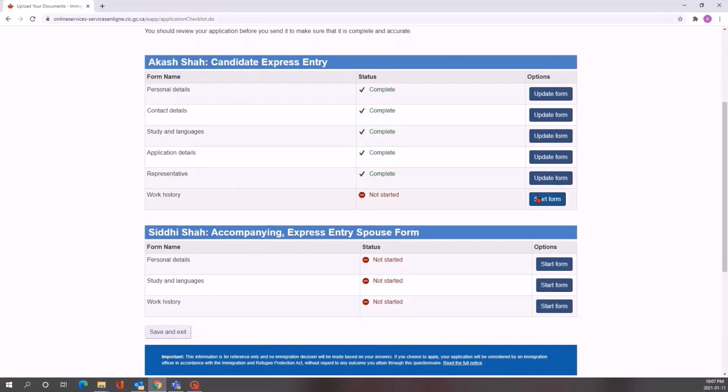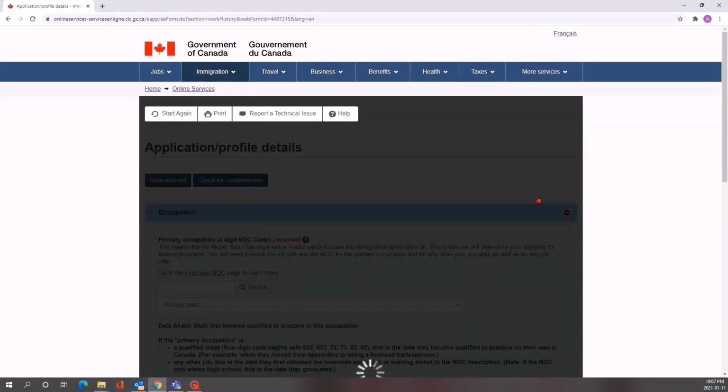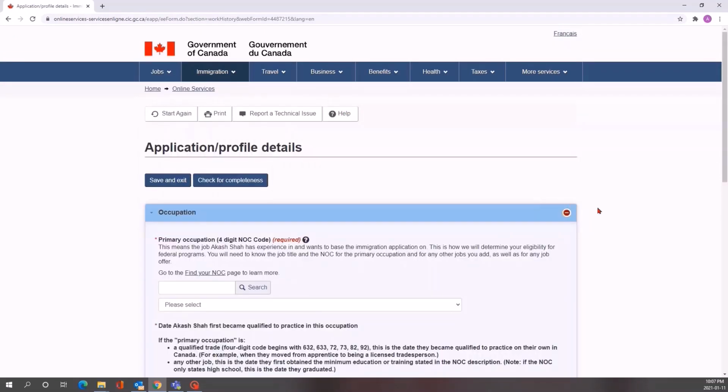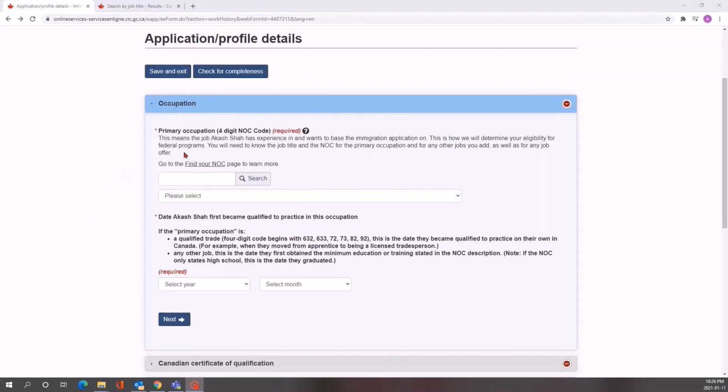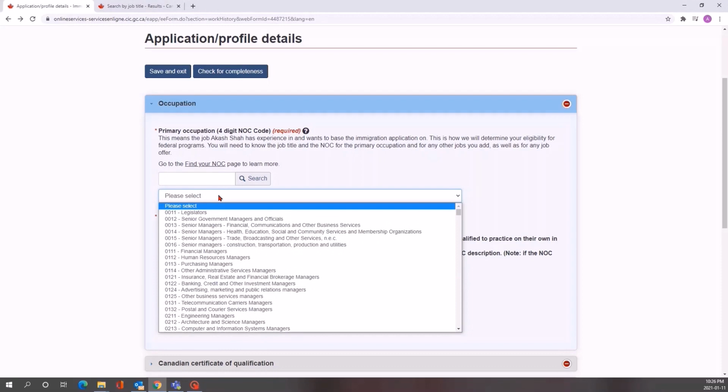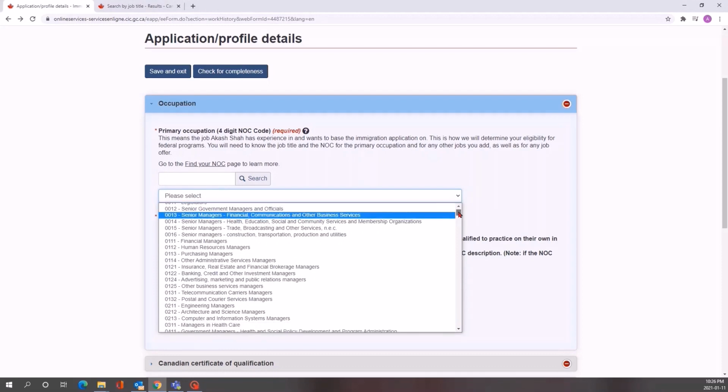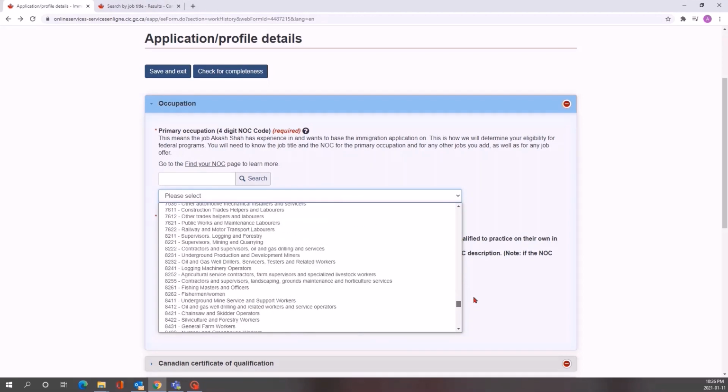Now the last one is work history. So you need to enter all your experience details on this form. Remember what I showed you, how to find your NOC code, and enter your NOC code here. So I am going to write down my NOC code, which is 2141, industrial and manufacturing engineers.